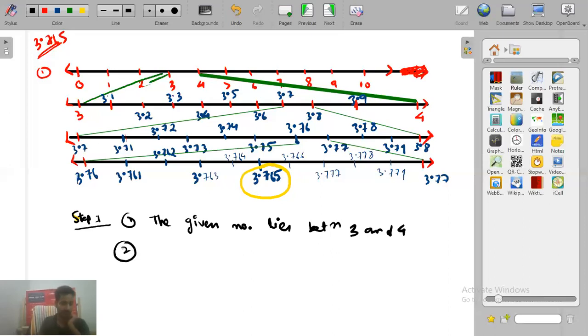Second step. Now see, what is the name of this process? Successive magnification. That means we are going to magnify it, yes or no? Magnify means we are going to divide the distance between 3 and 4 on a large scale. That's why it is known as successive magnification. So the second step will be, write down: magnify the interval between 3 and 4